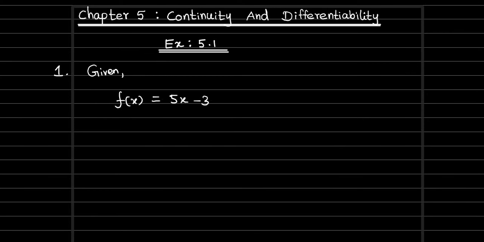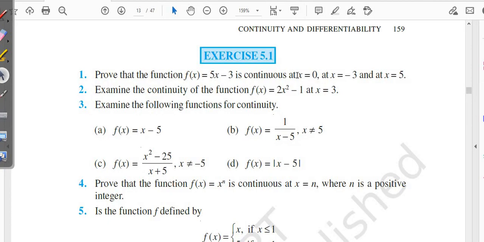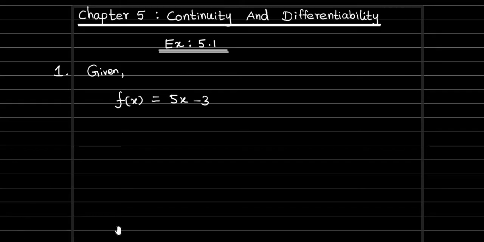Okay, so first we are going to prove this function continuous at x equal to 0. If the function is continuous at x equal to 0, then what value do we get exactly when x takes the value 0? F of 0 is required. And the close values of 0. By close values, I am not talking about minus 1, but very close. Even if we round it, we need to get exactly 0. Such type of close values only we need to take.